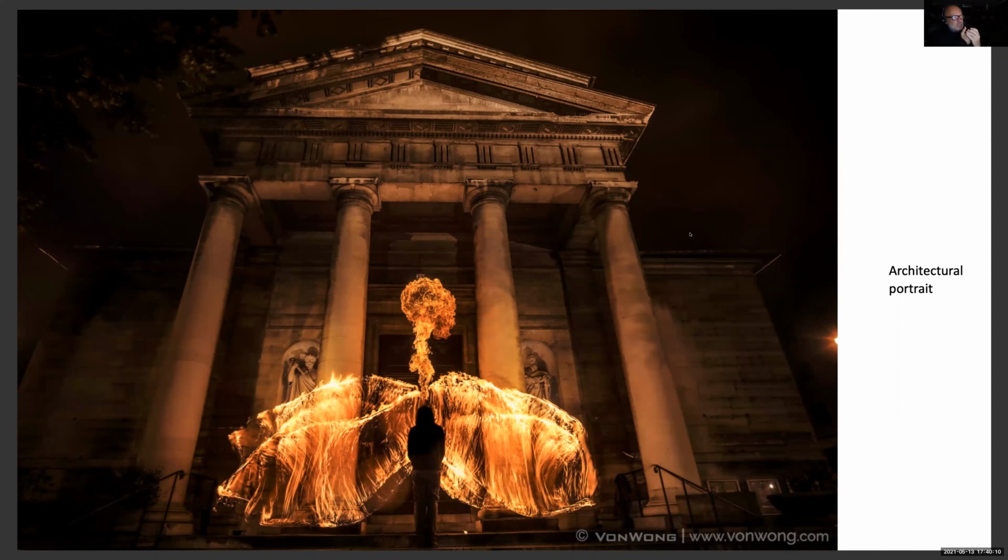I really like this photographer, Benjamin von Wong from Hong Kong. He's extremely conceptual, but he's also extremely Baroque. And I like this kind of contradiction. Here he's in France, I think it's La Madeleine in Paris. And this amazing picture taken with a long exposure really epitomizes the relationship between the strong architecture, the